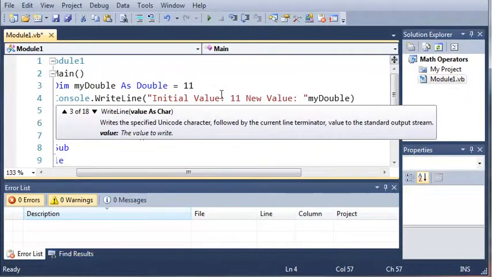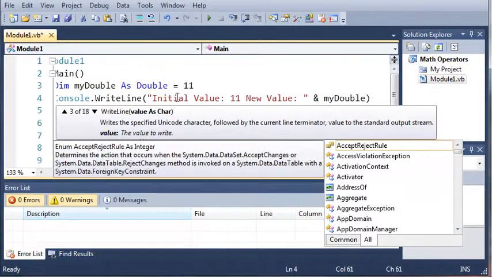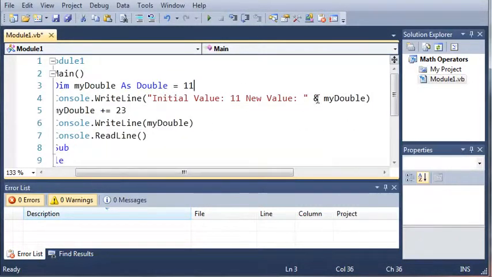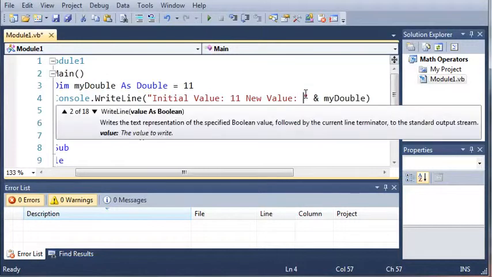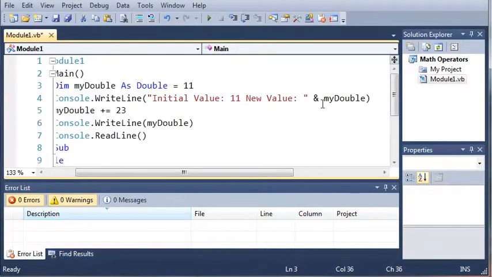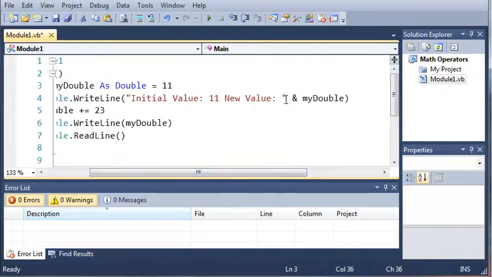And now to combine these two together, we're just going to use the ampersand sign. So what this does is it takes the string that we've made and then adds myDouble to it. And on the console, what we're going to see is "Initial value 11, new value 11." But since we don't know what the new value is going to be, we're just going to use the ampersand sign and print out myDouble, which changes whenever we change it throughout the program, and we don't have to know specifically what it's equal to. So we'll just copy this string right here,